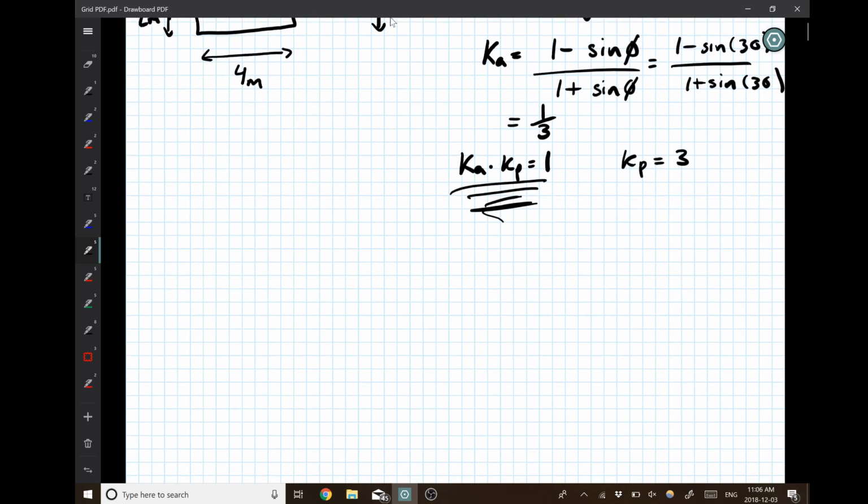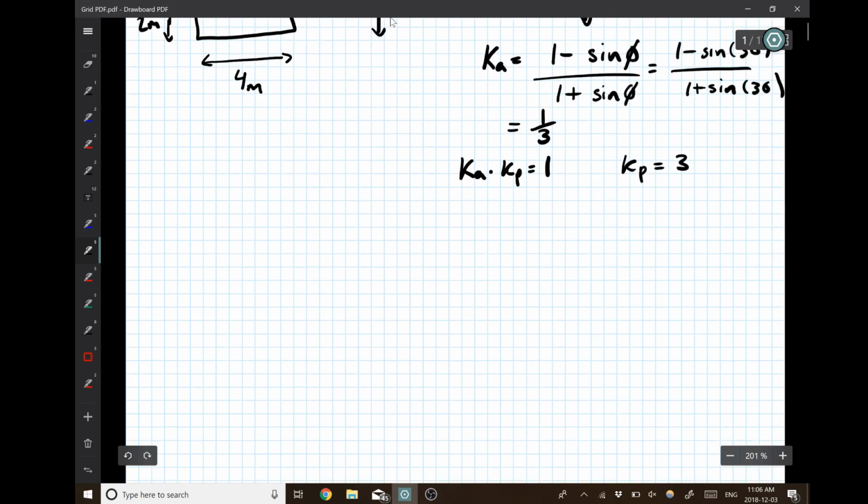Next, this is something that some people were confused about. So actually, I'll get to that when we get to the sliding. So first, we're going to find our force generated from our active force. So F1 is equal to 1/2 Ka gamma H squared, which is 1/2